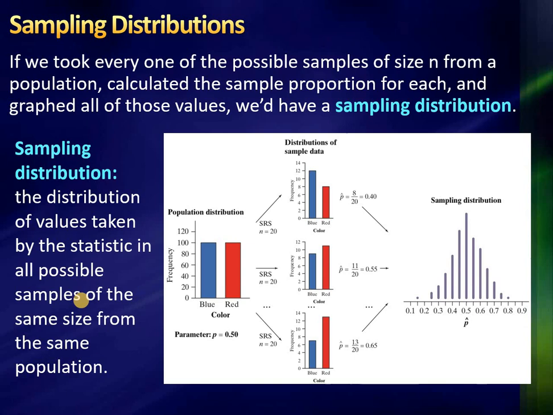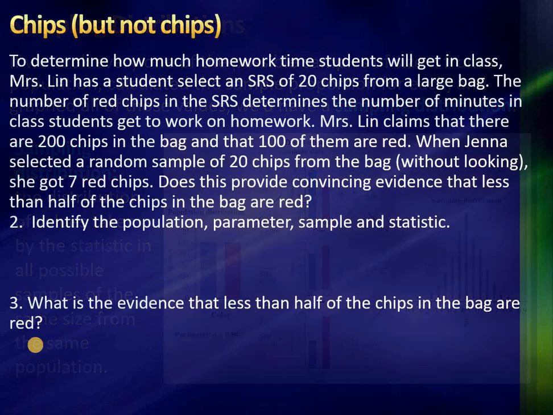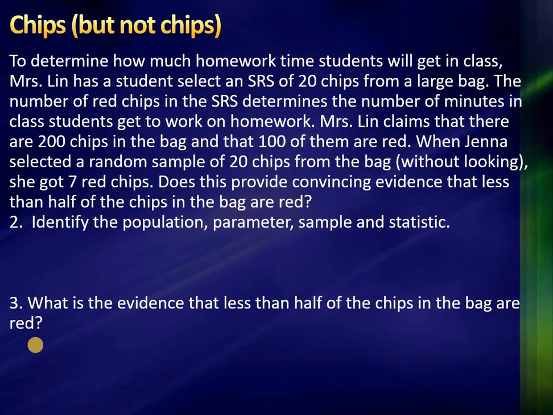So a sampling distribution, what that is, wait for it, this is so hard to pull together. A sampling distribution is the distribution of all possible samples. I know, right? The sampling distribution is if I were to take every single sample, what would all the possible statistics distribute like? All right. So in order to be able to do that,